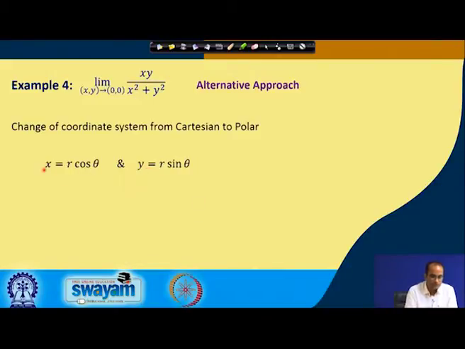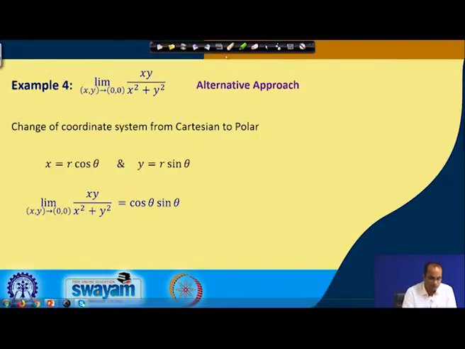So, in this case we will now be working in a different coordinate system, the polar coordinate. So, this limit here, (x, y) goes to (0, 0) of x y over x square plus y square, will be given as sin theta cos theta, because if we substitute x as r cos theta and y as r sin theta,